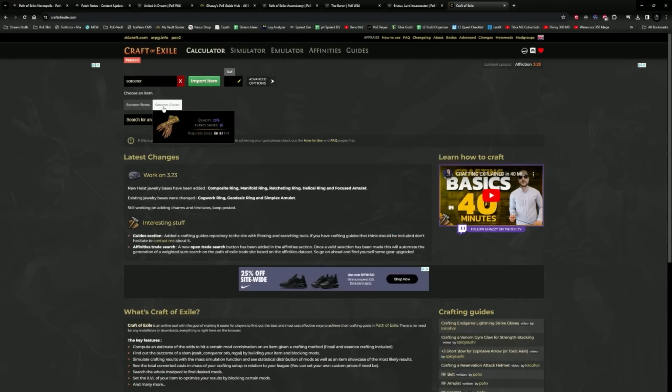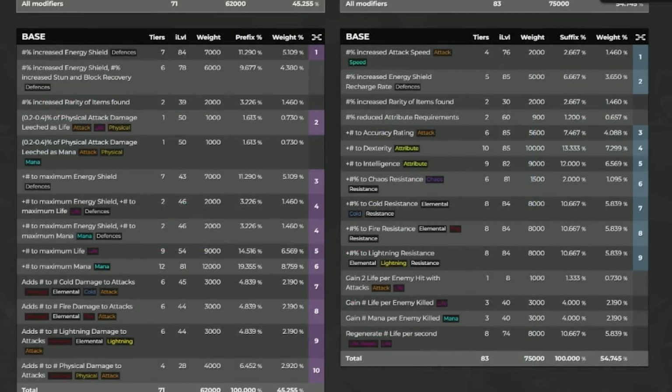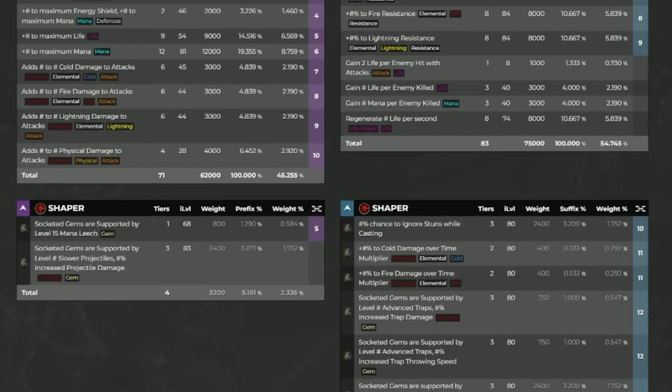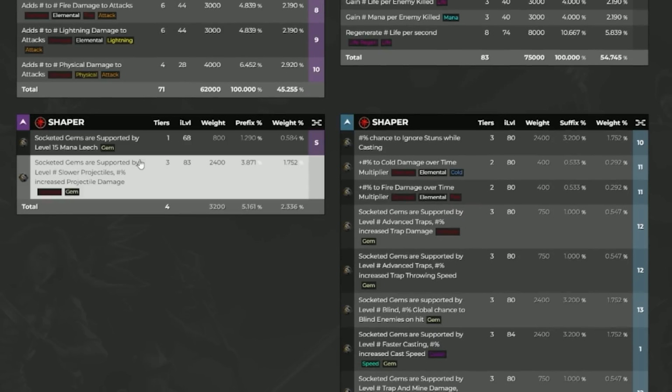So let's have a look at a pair of sorcerer gloves and what you can do with influence related stuff. We're going to zoom in a little bit and show you what it looks like. The approach of this is very simple. Shaper has the possibility of slower projectiles. So should we use a projectile-based kind of minion, then we can have that as one of the 6 modifiers